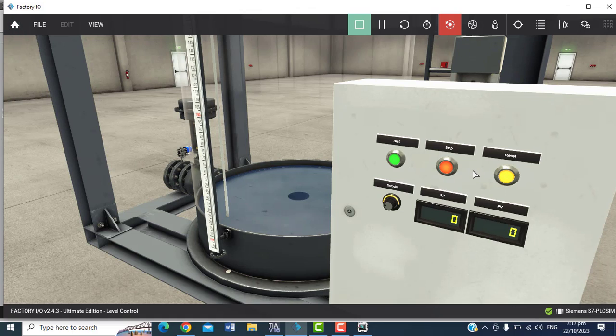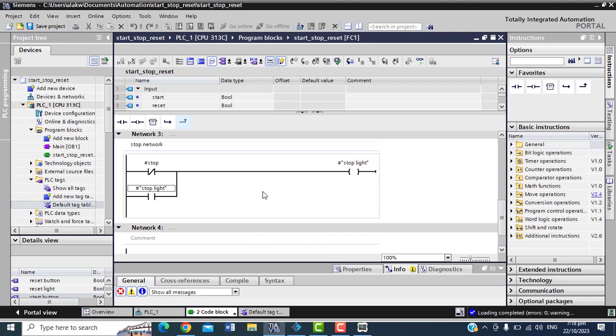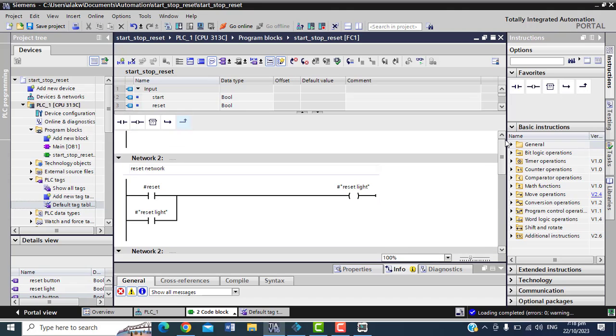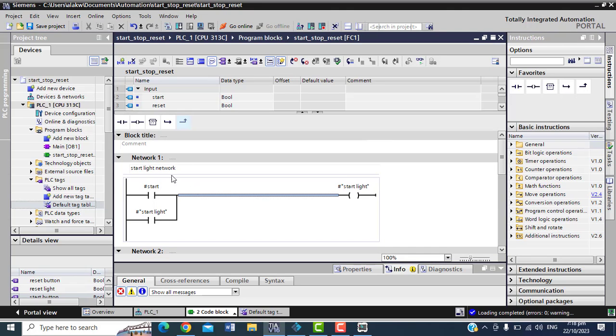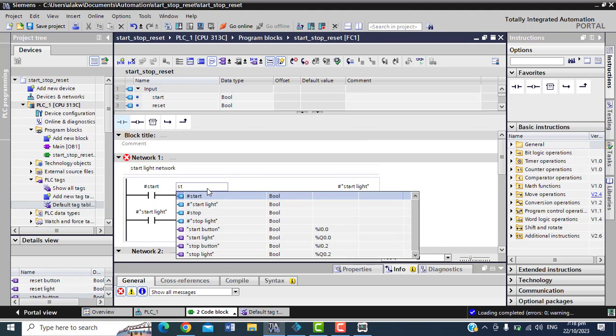Of course, we know no plant works like this, no panel works like this. So what we need to do now is create interlock, right? Which one will stop the other one? Remember we said the stop light will actually need to stop the start light. So whenever the stop light is on, it should stop the start light, right? So for this start network, I will come in along the road here, after this whole logic of the start light, and put a contact there, which I will call stop light.